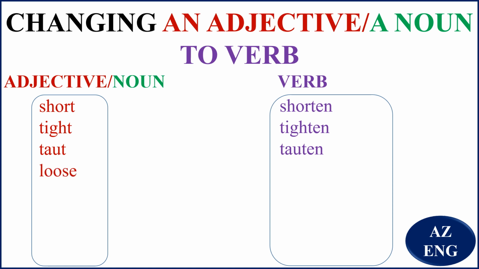Loose. If something is loose, it is not tight. So the action, we say what? Loosen it, or we can say loose. For example, when you plait your hair, for women, what do you say? Loosen it or loose it. Here you can use loosen or loose. So loose is the opposite of what? Tight.